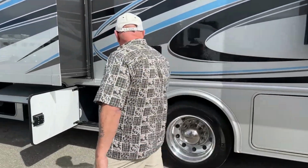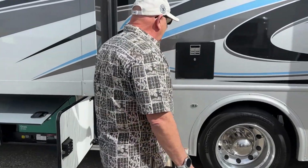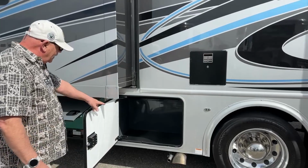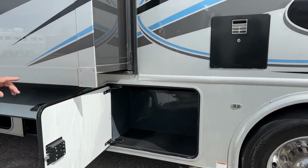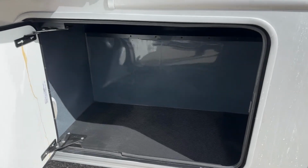All right, so as we move over here, there's your on-demand water heater right there, and I take that back. This is not the 10-gallon, this is the on-demand, so you don't have an extra 10 gallons of fluid you're carrying around on there. Once again, lots of storage on this, 3 more storage compartments on this side, and between